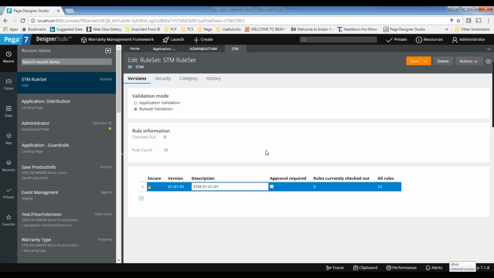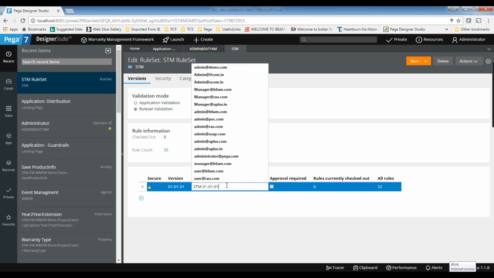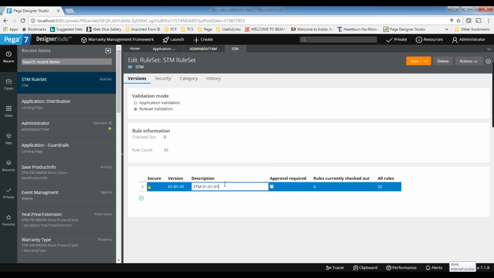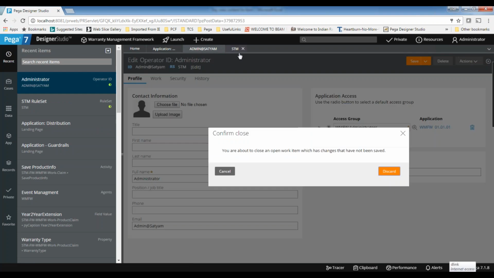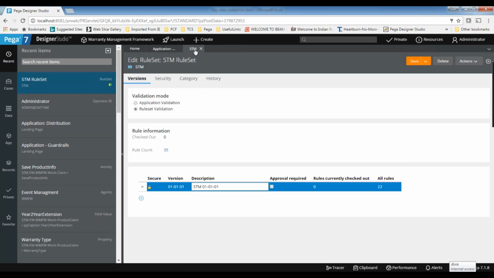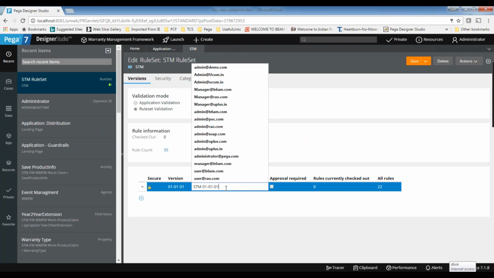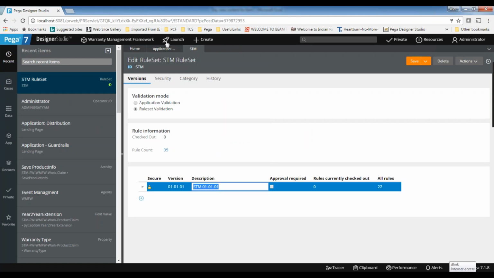Similar to SVN, and it's based on the same rule set. Let's say you open one rule from this STM; when the rule set is open, it will be automatically checked in to the latest version. But if you want to save it from STM to some other rule set, you need to save as. That means framework rules, predefined rules, if you want to modify them, you have to attach an application and save as something. Yes.